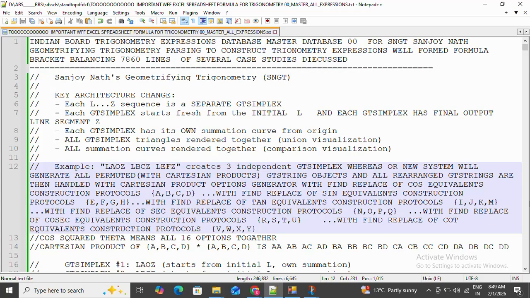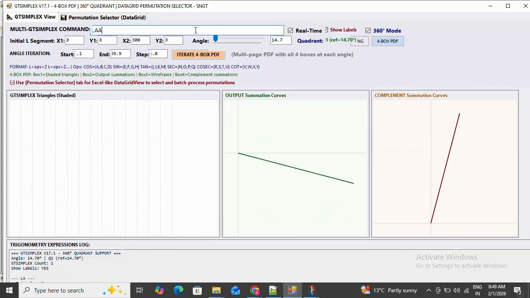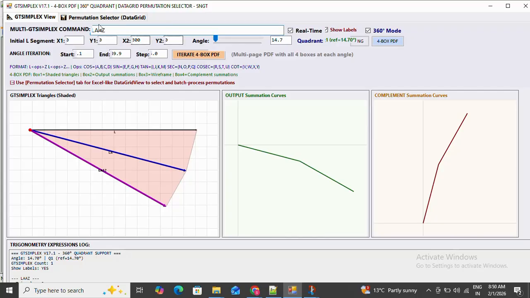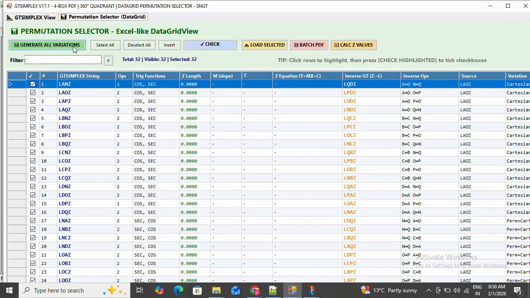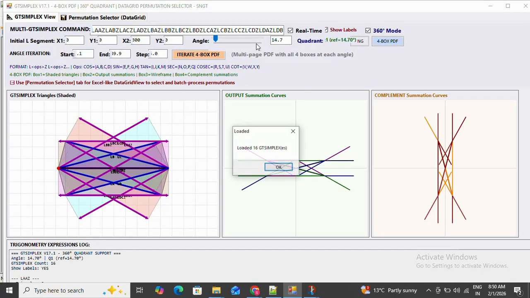Now cos squared theta means all of the 16 options together. How can we think about all of these 16 options together? Suppose we write only one option as a representative, say LAAZ, and we want to get all the permutations and the Cartesian products. Then we will generate all the things, and we will see that all 16 options are constructed, that is LAAZ, LABZ, LACZ, LADZ, LBAZ, LBBZ, LBCZ, LBDZ, LCAZ, LCBZ, LCCZ, LCDZ, LDAZ, LDBZ, LDCZ, LDDZ. When we select all and load all, we will see that all of